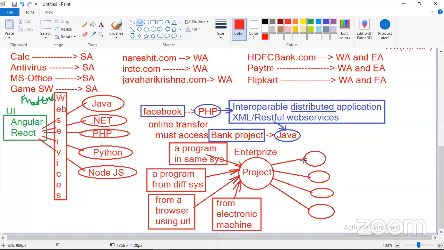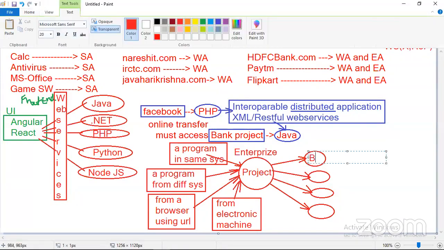And next, this project can access other projects to perform different operations. It's a huge application performing different operations, which can access other projects. What other projects? Bank project.